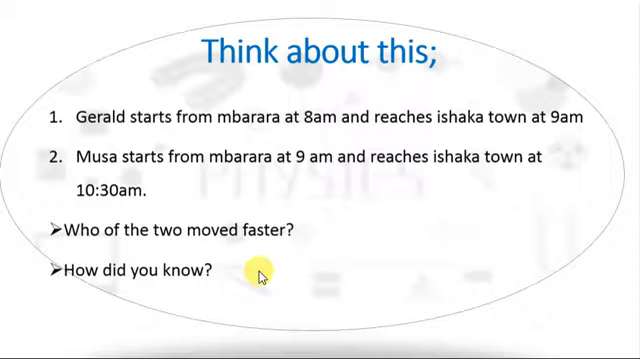You realized that. Why did you choose Gerard? Because Gerard took only 1 hour to move from Mbarara to Ishaka, whereas Musa took 1 hour and 30 minutes to move from Mbarara to Ishaka, meaning Gerard used little time compared to Musa to cover the same distance. So you realize that when we are talking about